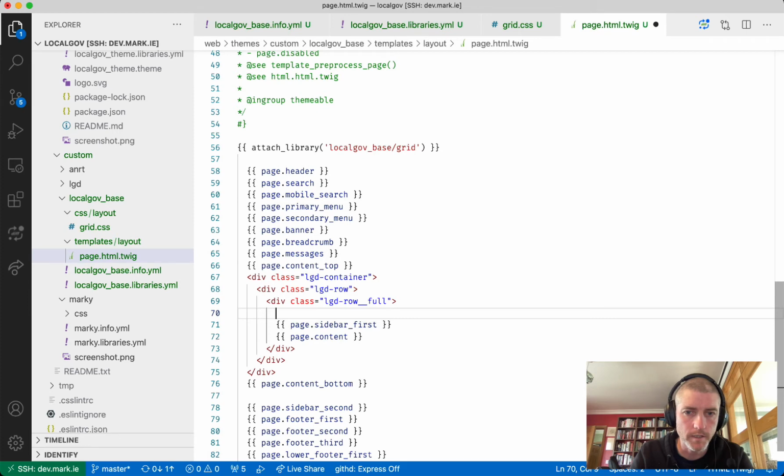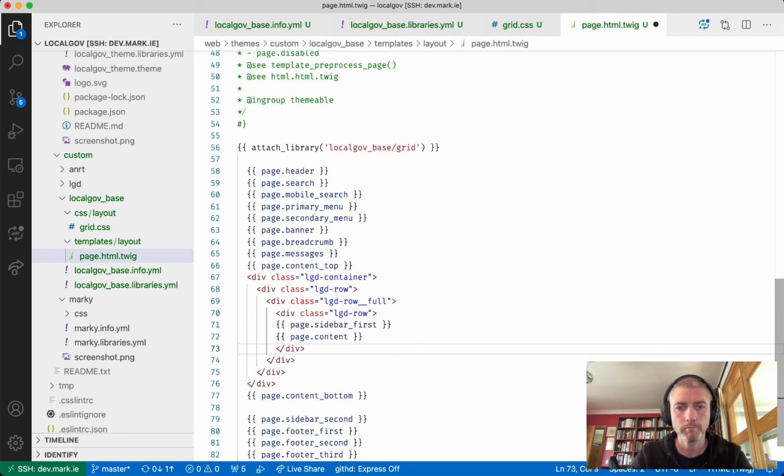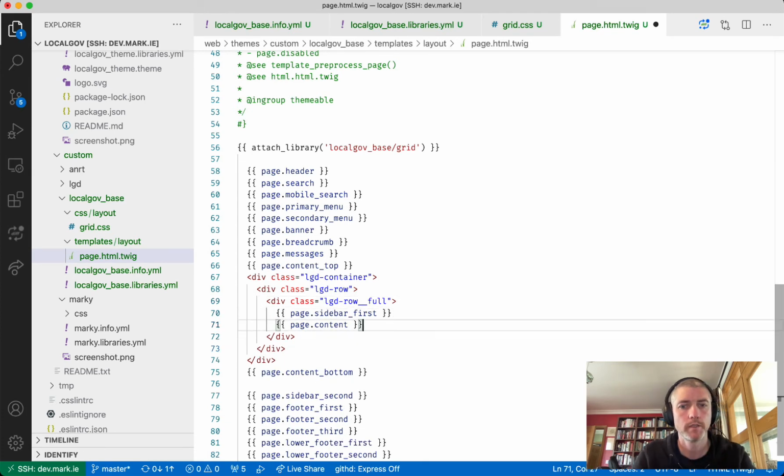Now this is inside a full row here. So inside this we're going to need to create another row. So we're going to get div.lgd-row, I think. Yep. And that's going to wrap the sidebar. Actually, maybe I don't need that one, do I? No, I don't. What I need to do instead